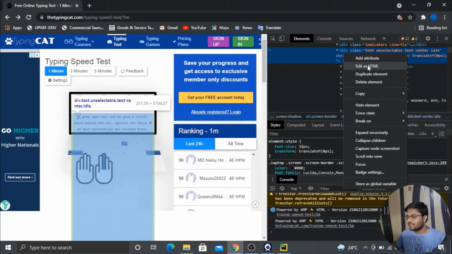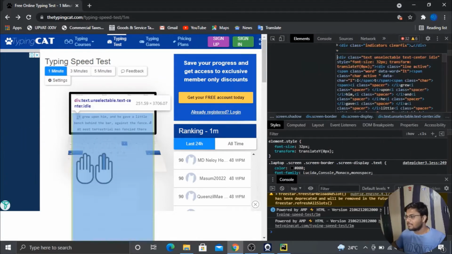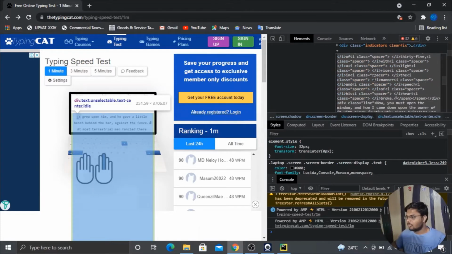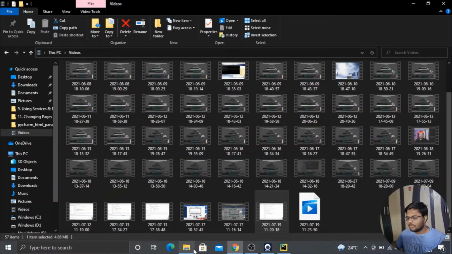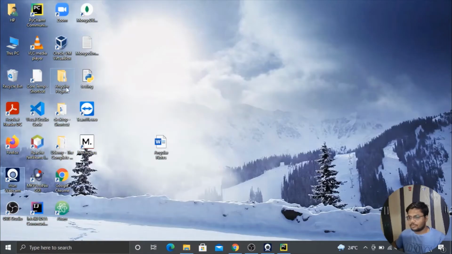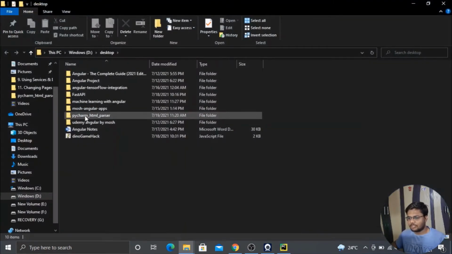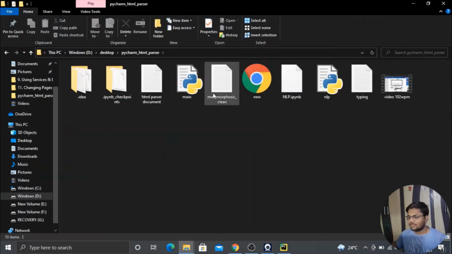So I will simply click on Edit as HTML, and after clicking on this, you will simply press Ctrl A, Ctrl C to copy this whole element. After copying this whole element, all you have to do is go to the place where your program is saved. Like I have created a separate folder for this, PyCharm HTML parser,